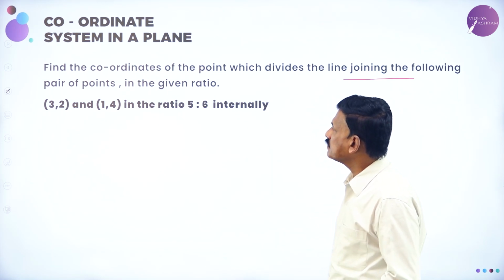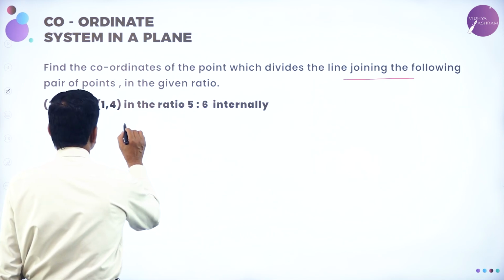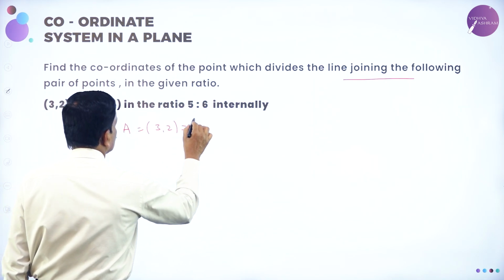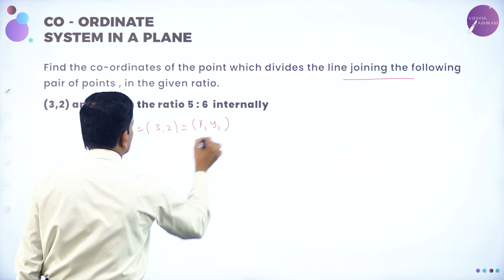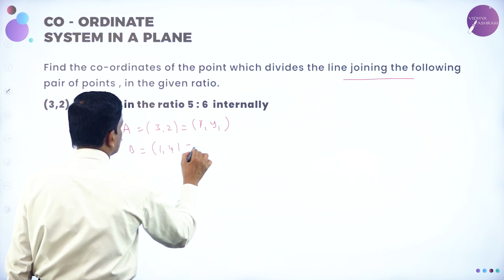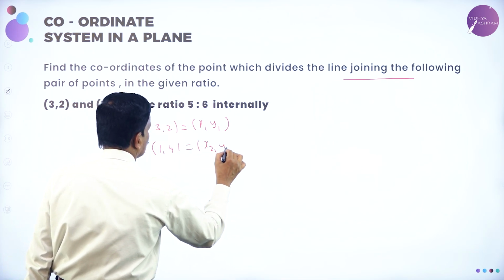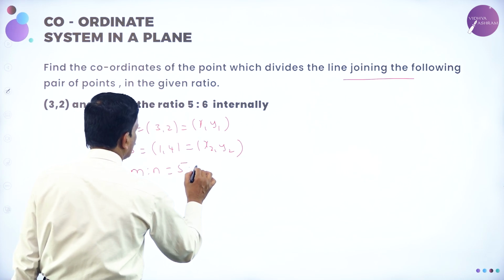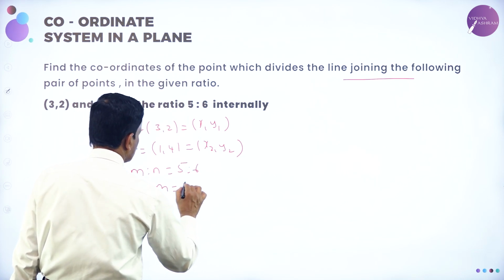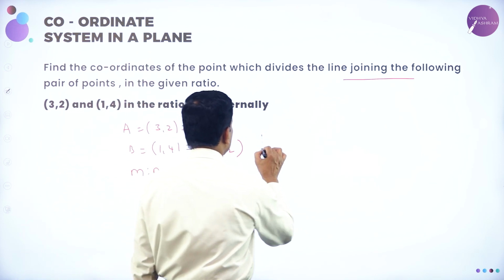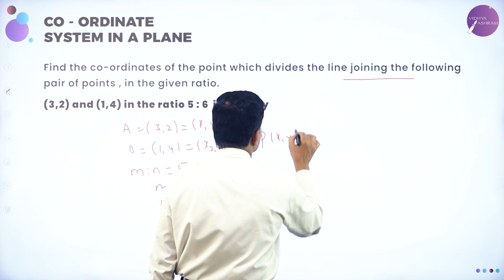Now, what is given? Let us call A equal to (3, 2), this is x1, y1. B is (1, 4), this is x2, y2, and the ratio m is to n is equal to 5:6. Therefore, m is equal to 5, n is equal to 6. The internal division point P(x, y)